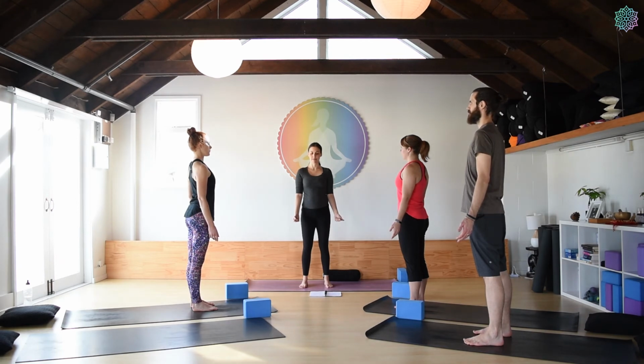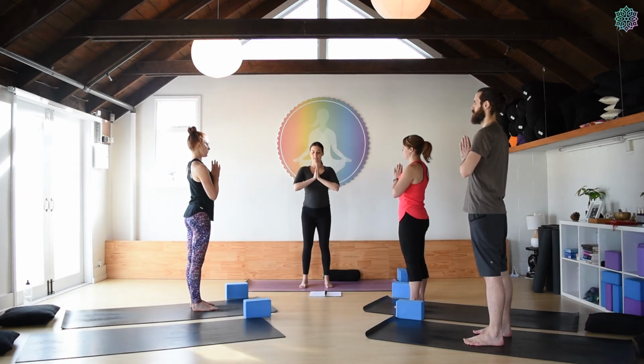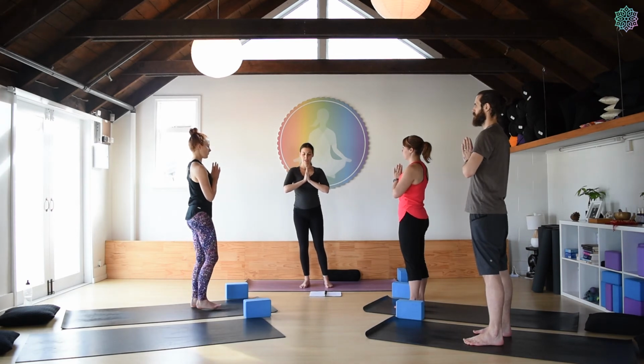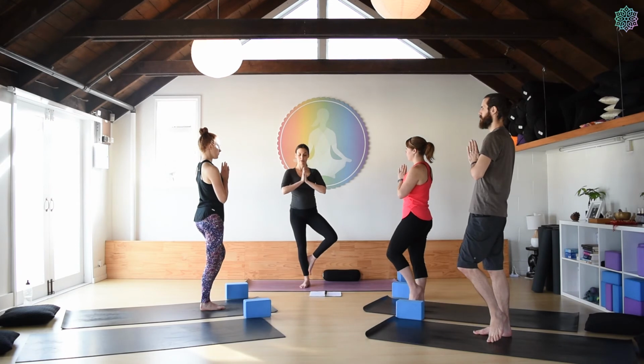a point of focus. So this might be on the floor, or it might be straight ahead if your gaze is lifted. And keeping your alignment in mountain pose, bring your hands together, press your thumbs against your chest. Shift the weight into the right foot. And bring your left foot to either little kickstand at the ankle, or you can bring it to the inner